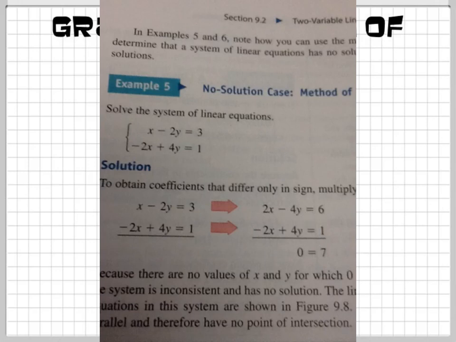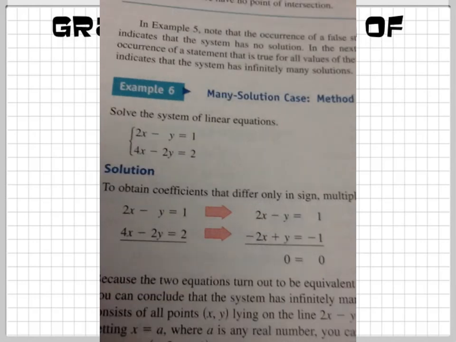Now how can you tell which one it is? Well, this one is not true. You see? 0 equals 7 is not true. So therefore, no solution for this one. If you guys go down and look at the example 6, you'll see the other end of it. So they do the same thing, they solve it, but this time they get 0 equals 0. This is a true statement. So therefore, the solution is